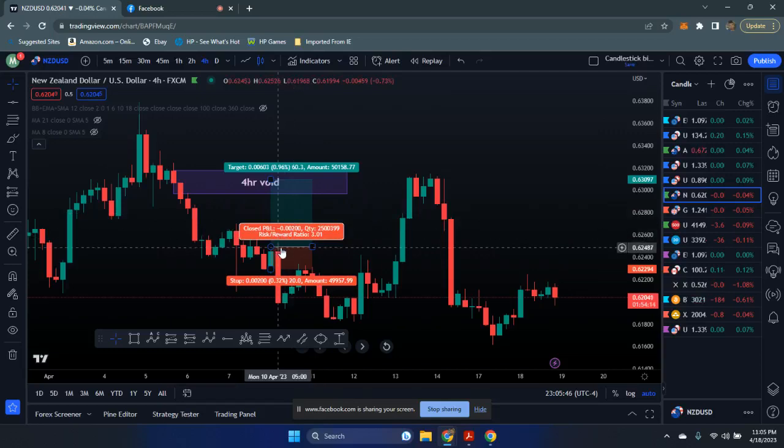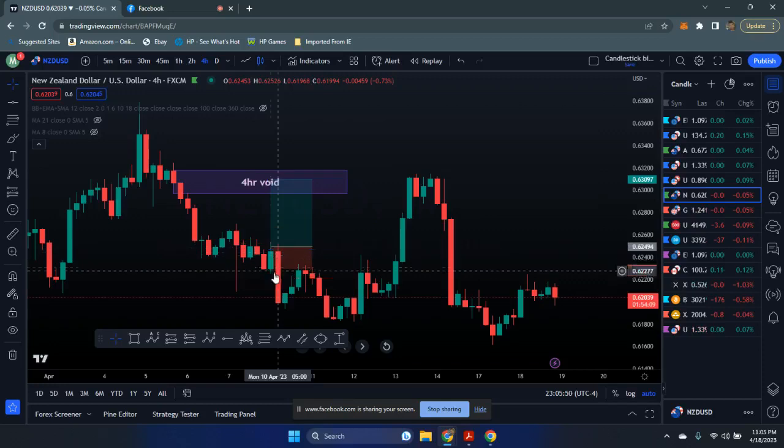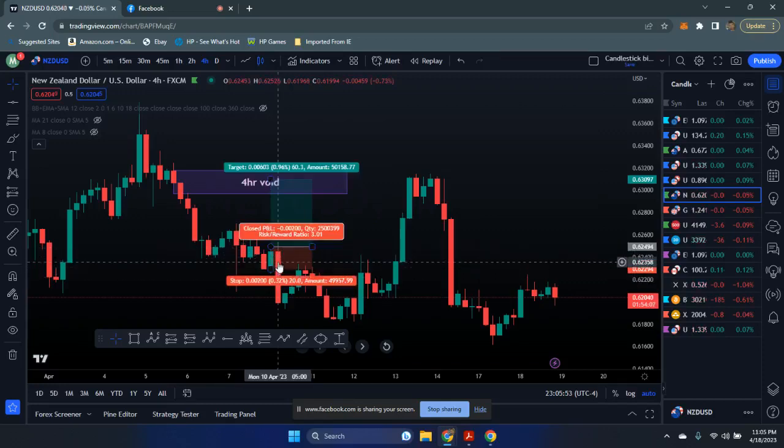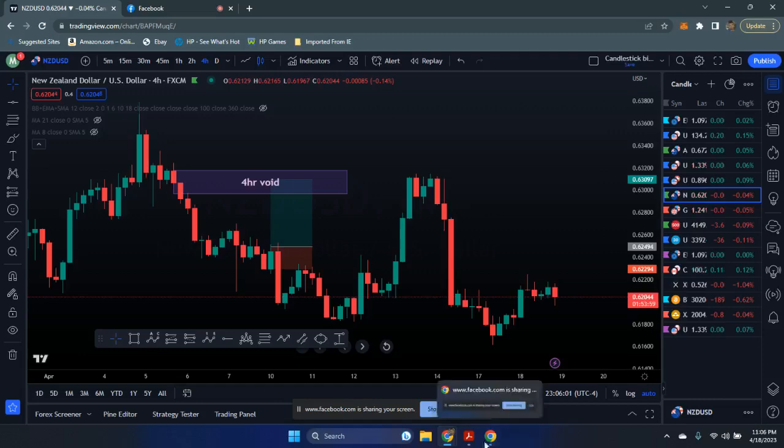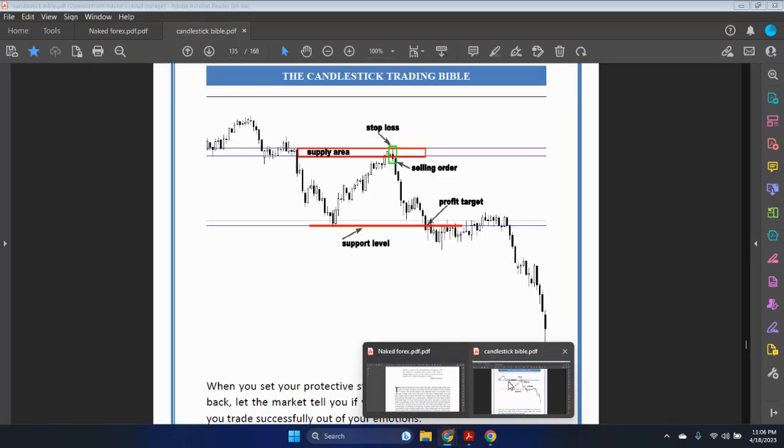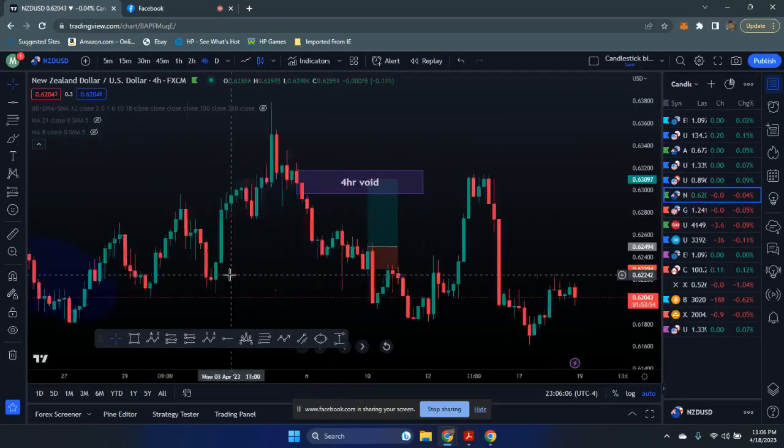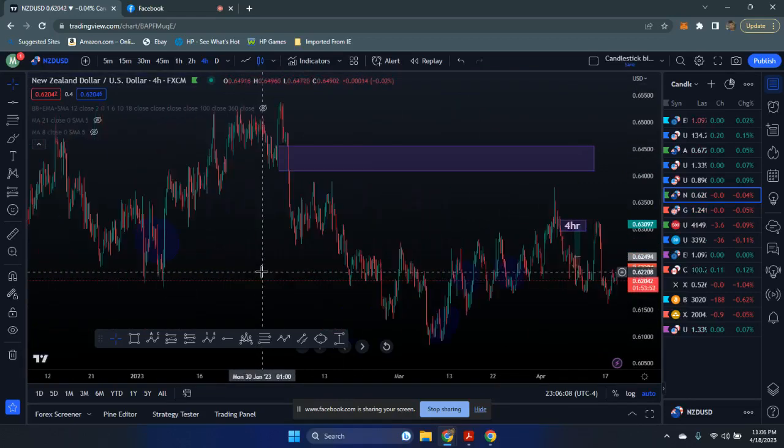So, all right, this was a good one. This was a 3 to 1. A bearish engulfing was actually made that took us out. We only risked 20 pips. We could have got 60 pips. That was a good one. That was actually what was indicated in our candlestick Bible example of 3 to 1.